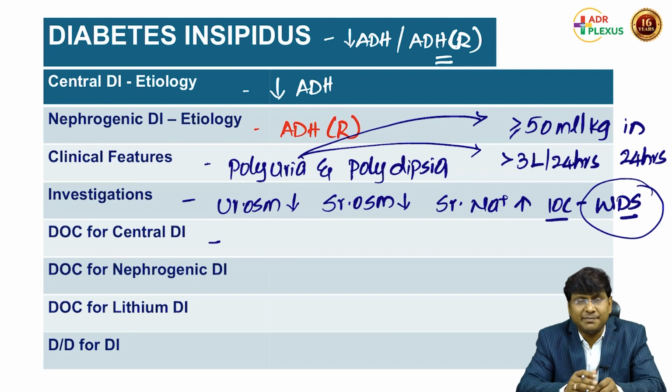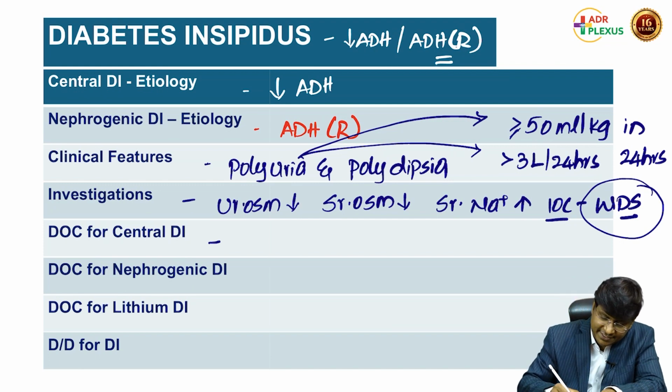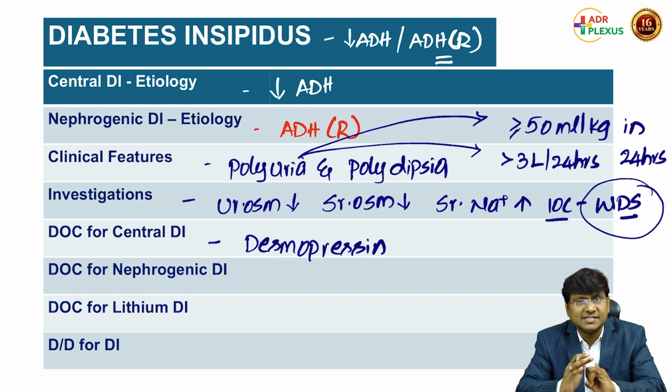The use of this water deprivation test is that it will be helpful in differentiating central and nephrogenic diabetes insipidus from psychogenic polydipsia as well. And the drug of choice for central diabetes insipidus is desmopressin. And this desmopressin, whatever we are giving, it is given via the subcutaneous route, the intravenous route, inhalational route, and